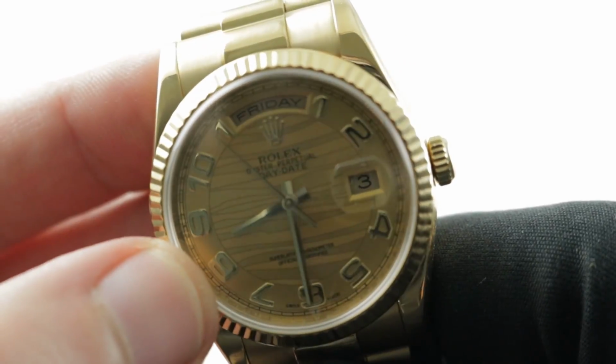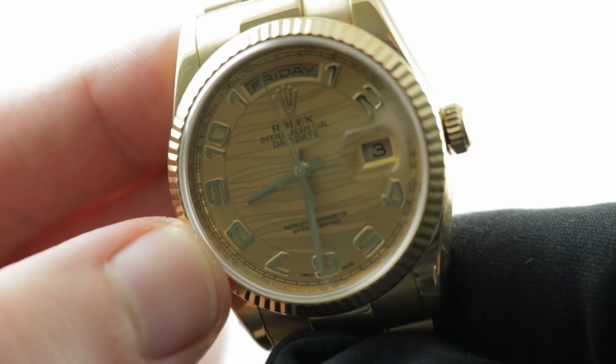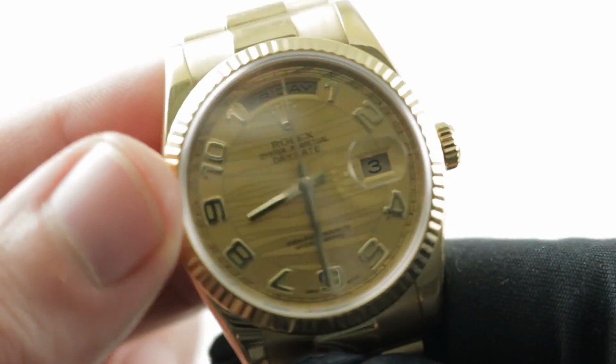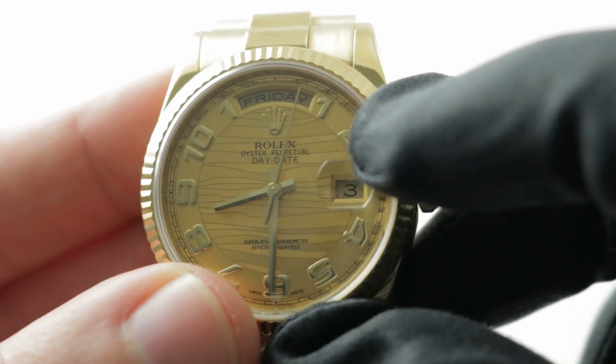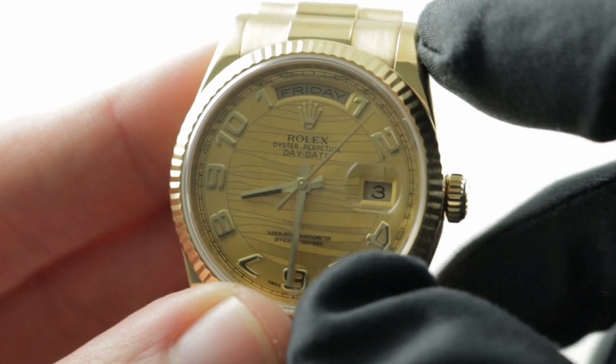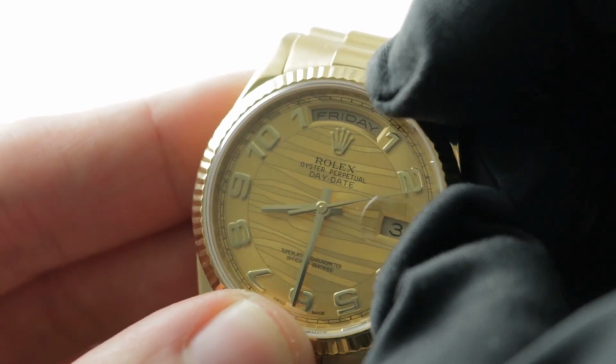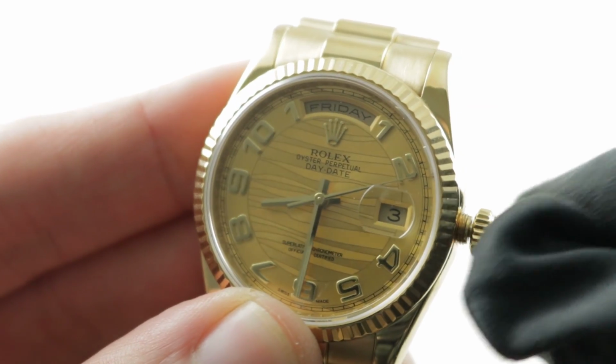There is a satin finish underneath the numerals themselves, yellow gold hands, yellow gold Rolex crown, and then outboard there's a railroad track you can see for judging the minutes and the seconds. Cyclops eye magnifier for the date. There is also a day. The watch is a double quick set, so you can rapidly cycle both the day and the date. Screw out that crown and you can double set, or you can hack the seconds, stopping the seconds to synchronize